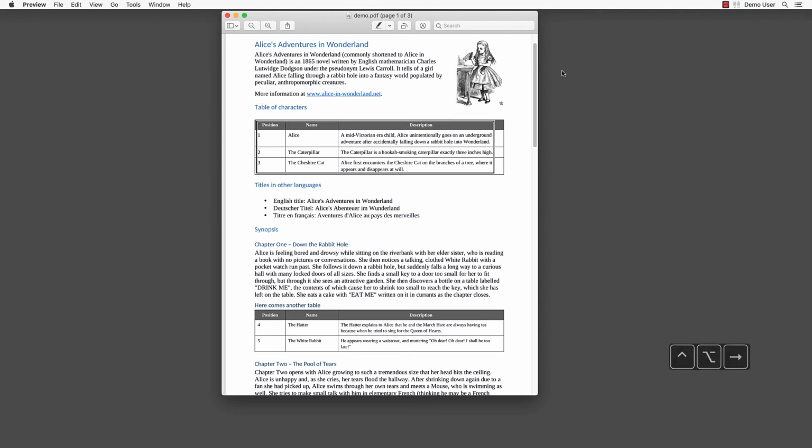Table. In table. Position heading. Column 1, row 1. While navigating the document, we can hear that VoiceOver recognizes headings, images, links, and tables. If we want to navigate to a specific position in the PDF, we can open the VoiceOver rotor by pressing VoiceOver plus U key. Heading menu.